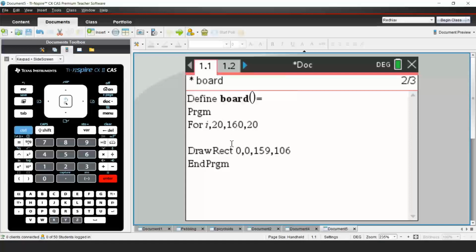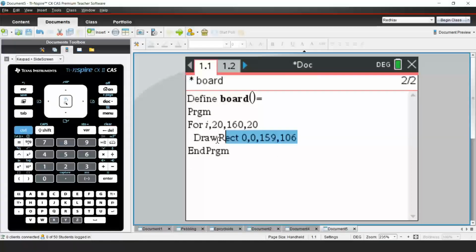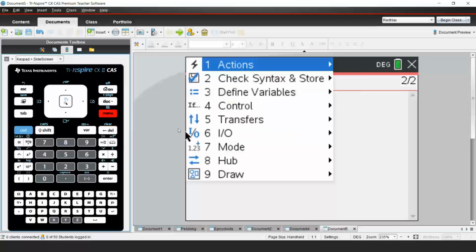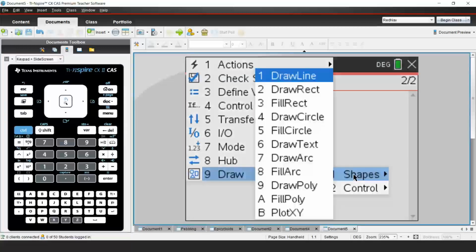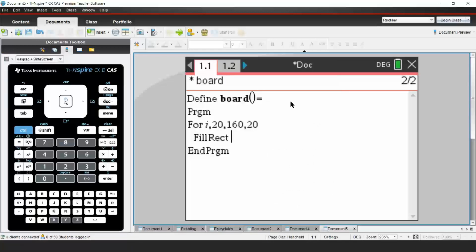And let's just try. I'm going to get rid of the draw rectangle because I want filled rectangles. Draw shapes, fill rectangle, and we'll start it at